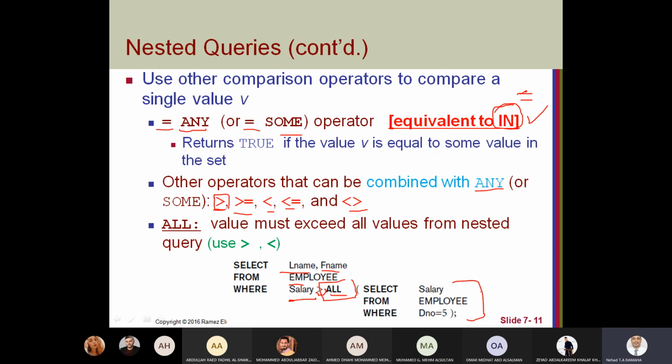So this is the meaning here. Return the outer query data or outer query attributes where his salary is more than all the data that returned from the inner query.